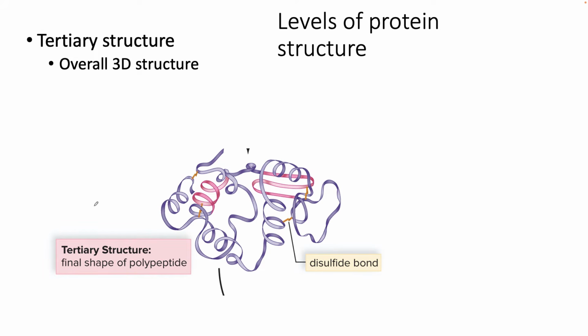And you can see here, there's an alpha helix right there. Do you see how it goes round and round and round? And I don't really see any beta. Oh, here's a beta pleated sheet right here. Do you see how it goes back and forth? Right? So it's got the secondary structures in it. We know that the primary structure is just whatever the amino acids are that are making up this chain. But the fact that it's completely folded up now, the entire thing is forming a three-dimensional structure,